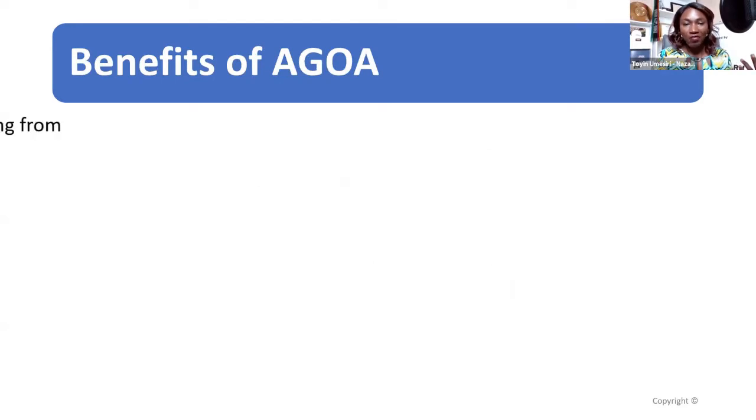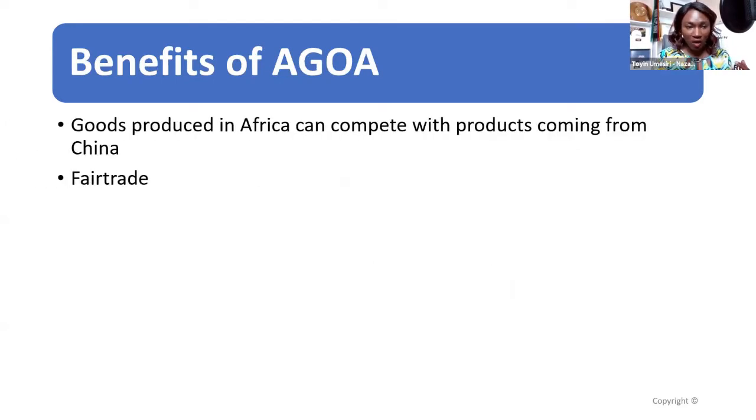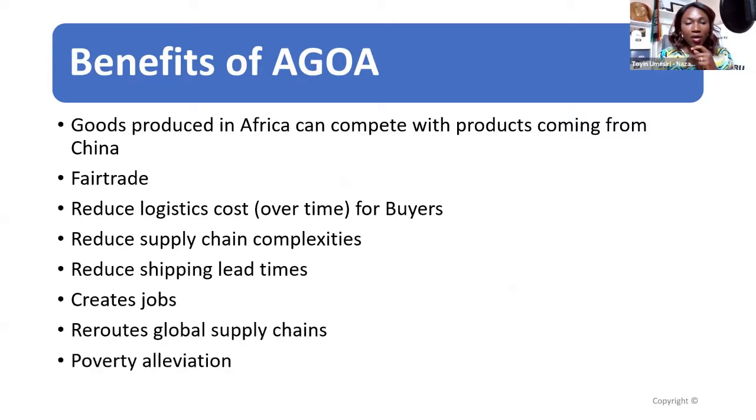So what are the benefits? Just tangible benefits, right, of AGOA? Here is what's real. When you think about price competitiveness, there's a clear understanding that China supplies a lot to the US market. Africa desires to supply, but you cannot price compete. If I'm a buyer here in the US and I'm looking at the same product and you're telling me Africa can produce it, China can produce it, you can be clear that I'll be looking at price. What's the landing cost? Why should I go to Africa?